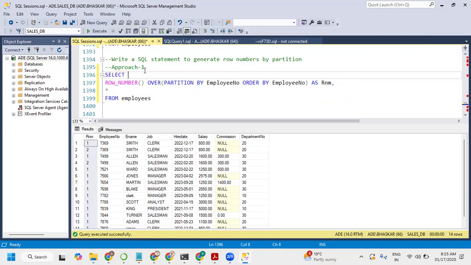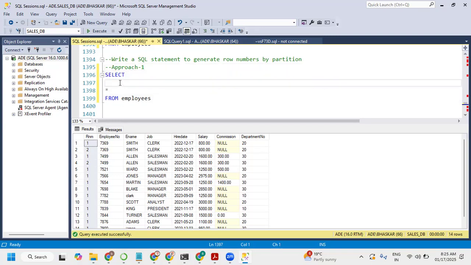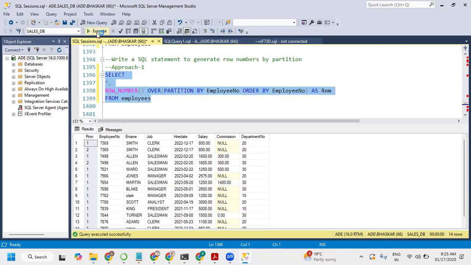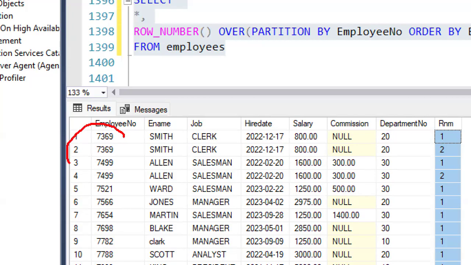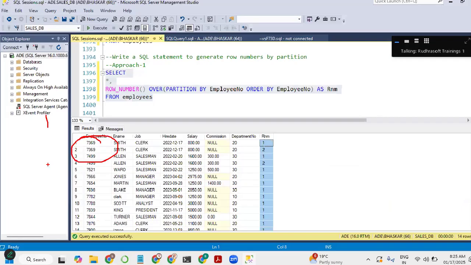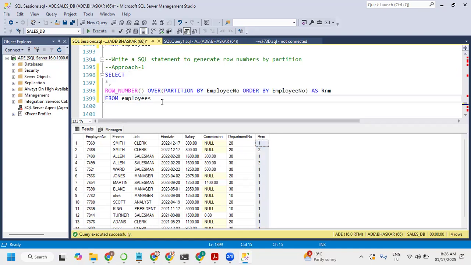So the approach one I'm going to show you. Let me keep this at the end. I don't want to keep it at the start. Let's re-execute it. Now I have a row number here. I wanted to remove the 7369, which is there two times. I wanted to keep only one time. So every employee should be there only one time. So if that is the case, then